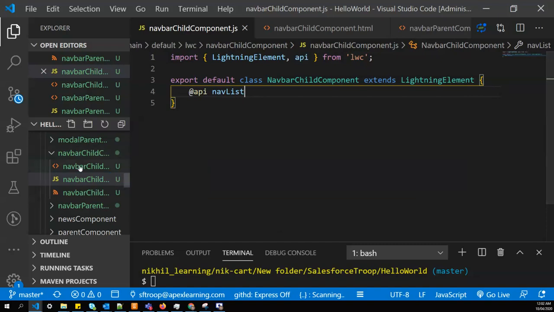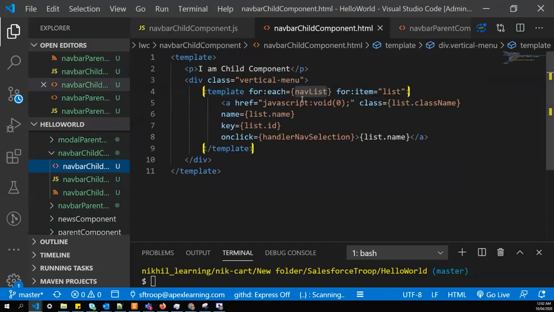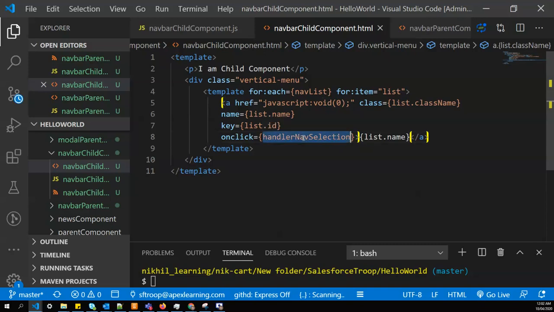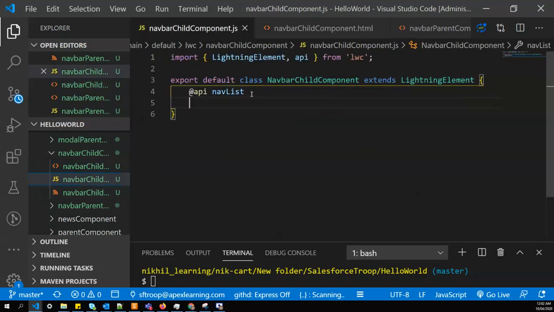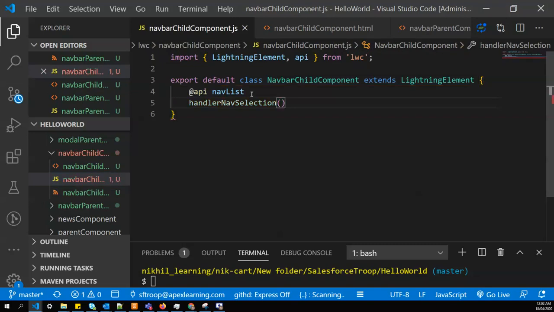That list gets rendered to our HTML. We are looping the data and using class name from the list, name, ID, and everything. And on click of that particular list, we have to pass the data that is selected by the user.